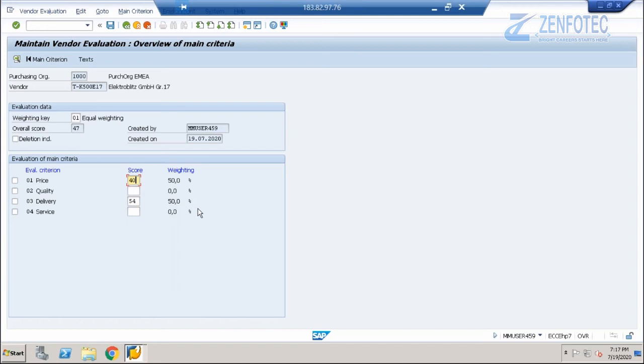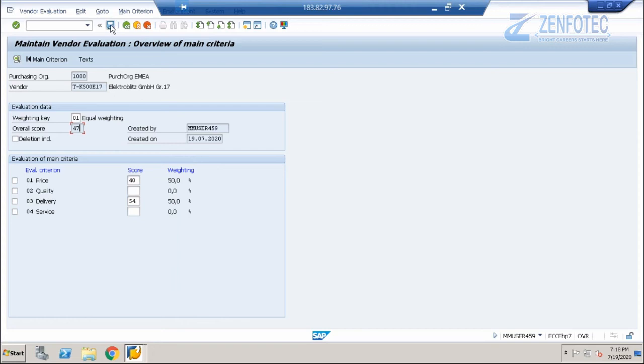Why has it taken the price as 40? Because I did not do any price variation. Price variation comes only when I do a variation of price in the PO compared to the market price. So it has given full marks. So 50% of 40 is 20 and 50% of 54 is 27. So the total is 27 plus 20, 47. It has put 47.